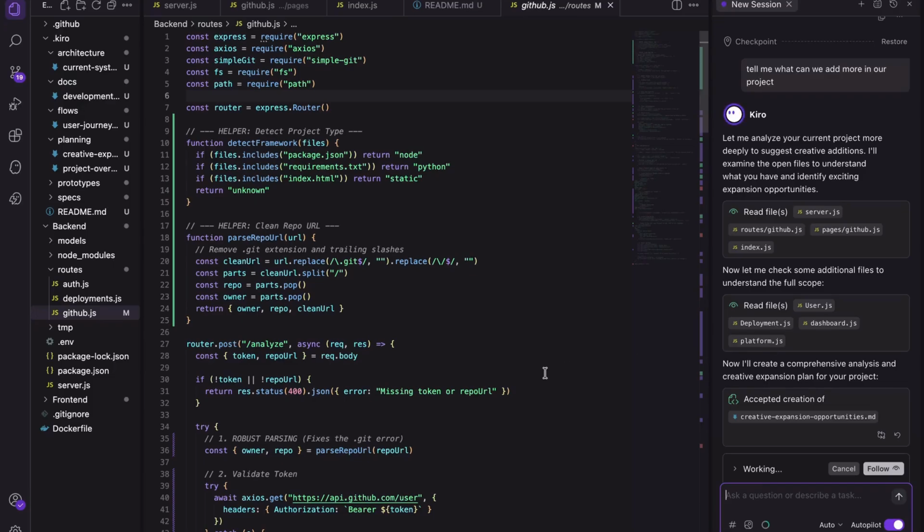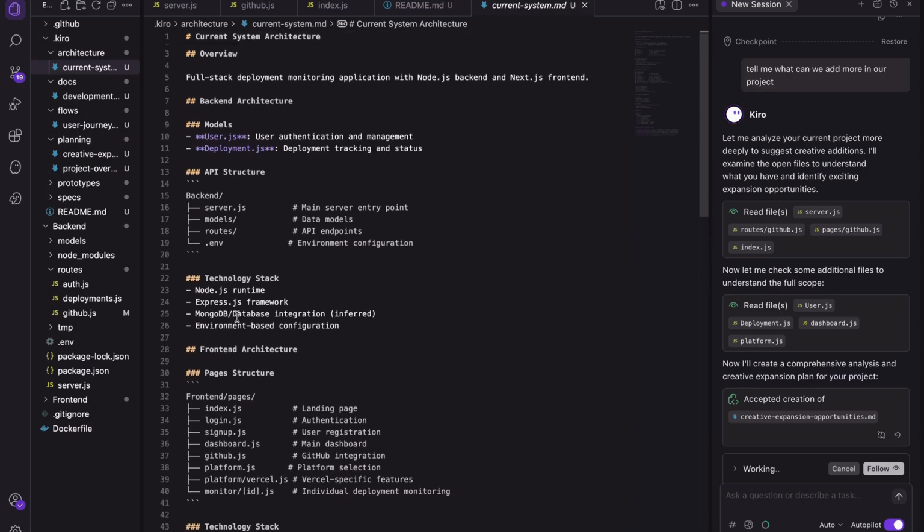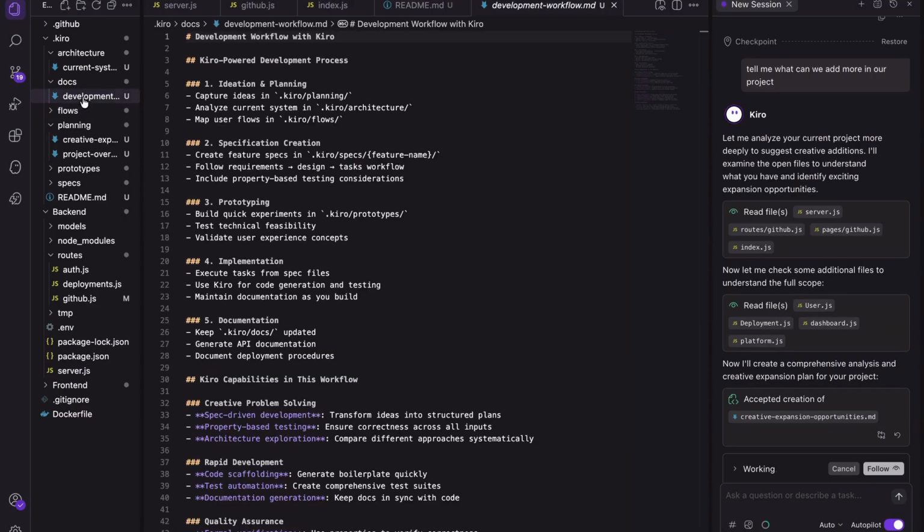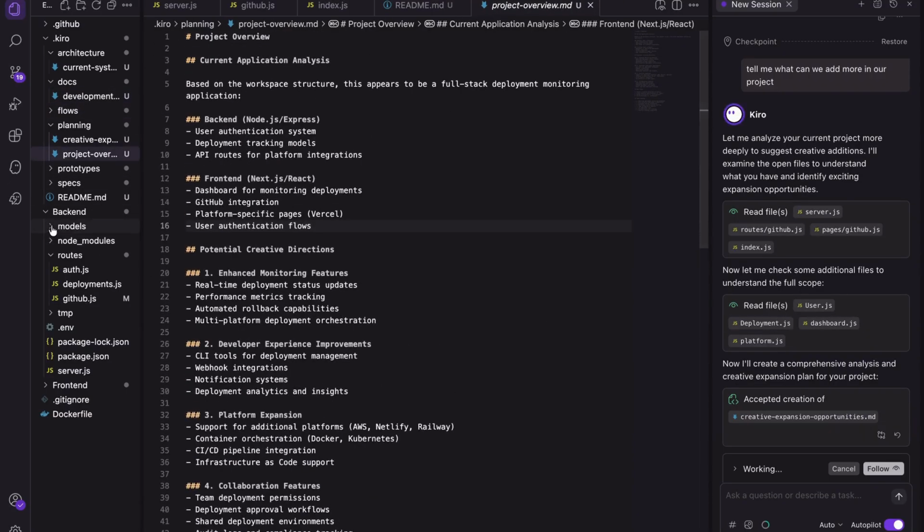A creative highlight of our project is how we use Kiro IDE to design and evolve the entire deployment monitoring workflow. Using Kiro IDE, we rapidly structured both the backend API and front-end components, helping us build a full-stack system with authentication, GitHub integration, and deployment tracking. On the backend, Kiro IDE